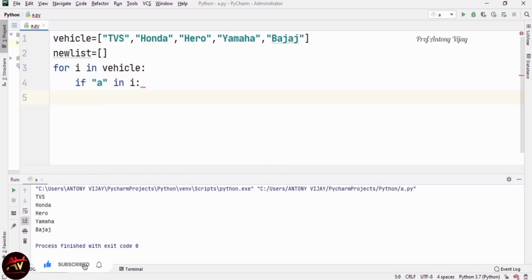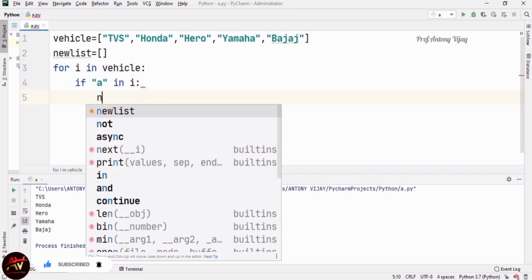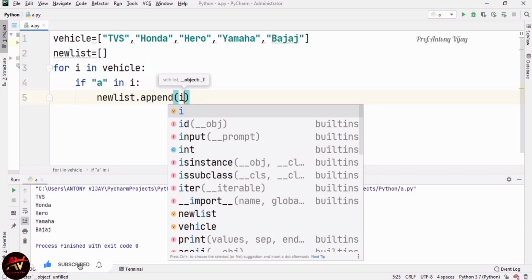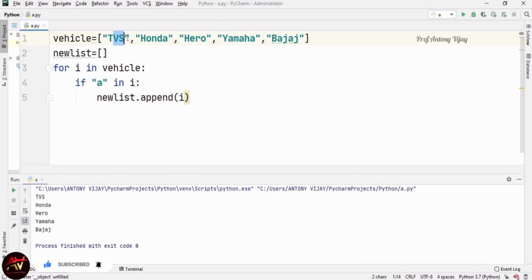If the condition is satisfied by an element, that element will be appended to the new list. So I am using new list dot append of I. First, I takes the first element, TVS, and it checks with the if condition. TVS does not have alphabet A, so it is rejected.